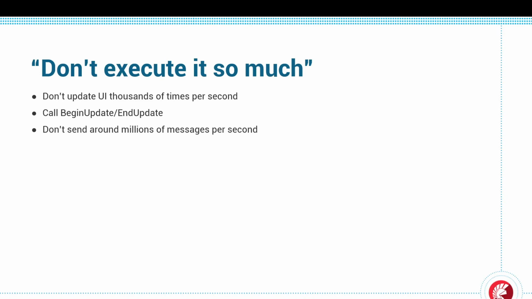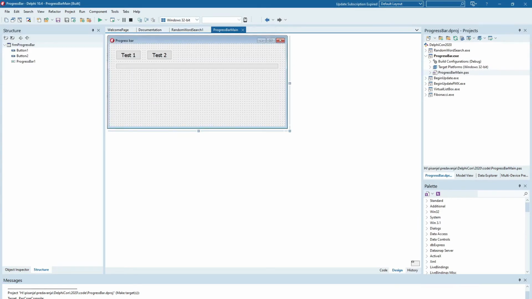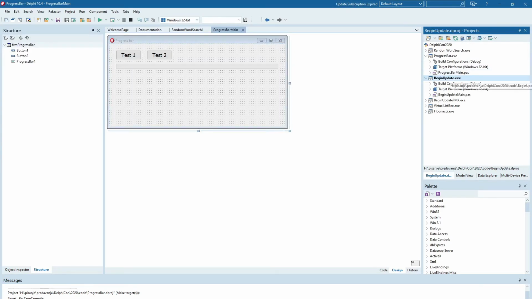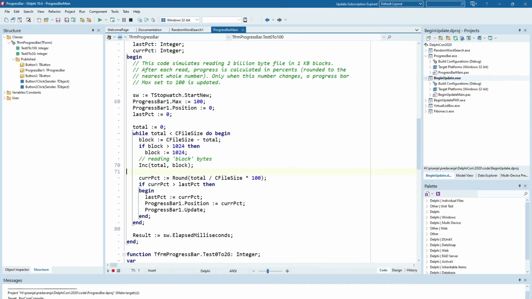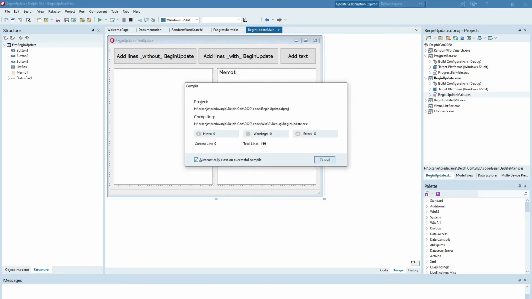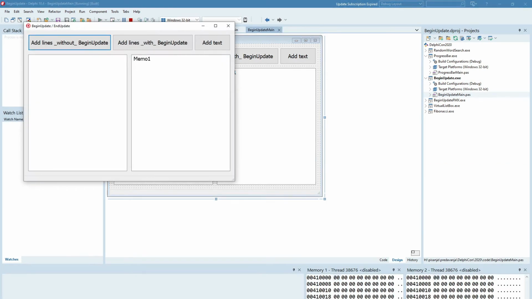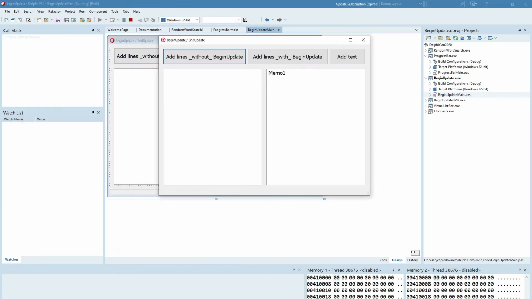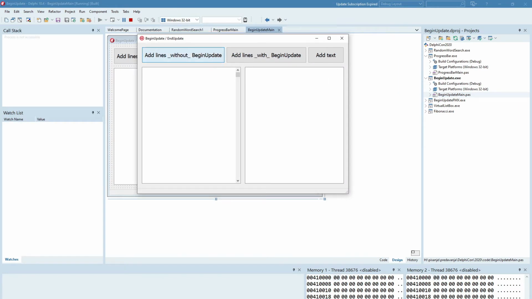The second idea: before updating the user interface, call begin update and end update after you finish the updating, of course. And let's see my example here. Begin update. This is a VCL application. You also have begin update FMX in the demo package, so you can compare the numbers between them, but I'll focus on this one. This application adds a bunch of lines to a list box, and after that it adds